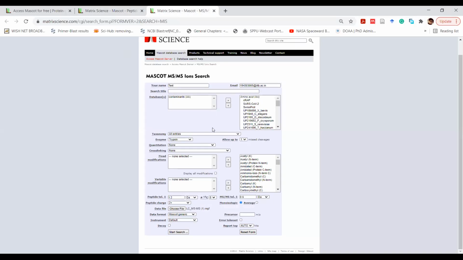So if we know how to do this, we'll definitely know how to do peptide mass fingerprinting. Okay, so some things to be filled up, which is very basic. Your name, whatever name you wish to give. Email ID. Now this is important. So if you are going to do this right now along with us, then please put your email ID which you want to register with, and just give a start search. It will tell you that you are not registered, so you can duly register. So first do that while I am explaining all this.